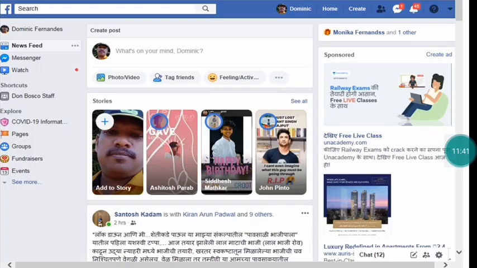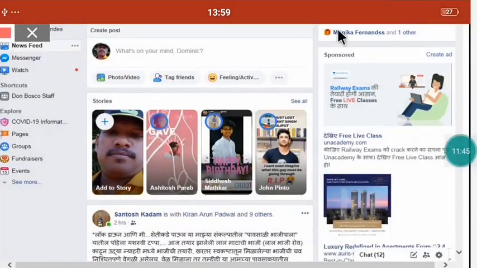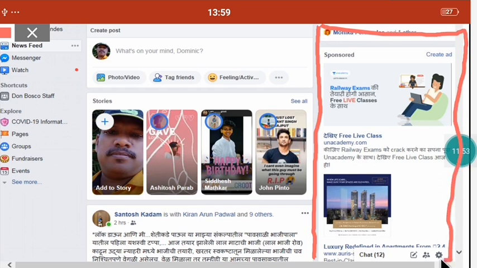In this page you can see here this information is placed, that is called an advertisement, and this part is called an aside. This is Facebook. If you look here, you will come to know that this part is placed as an aside. This is all the part.